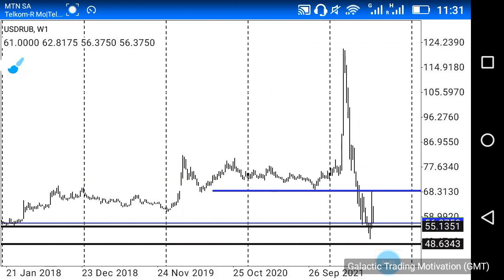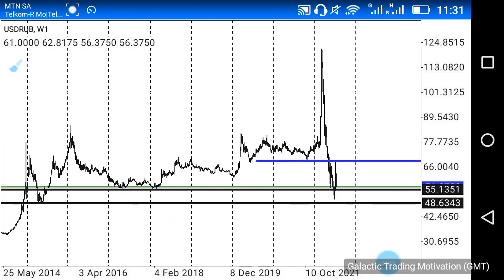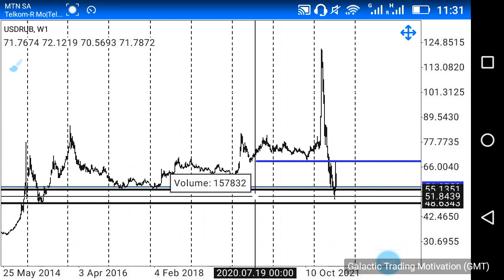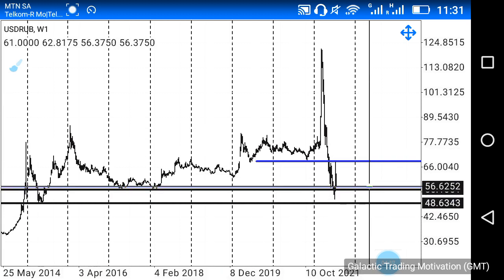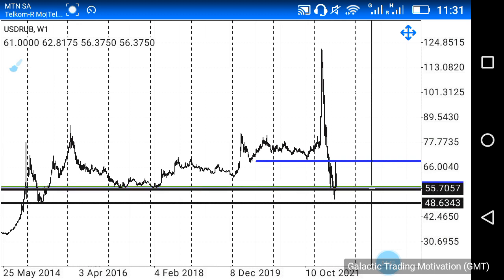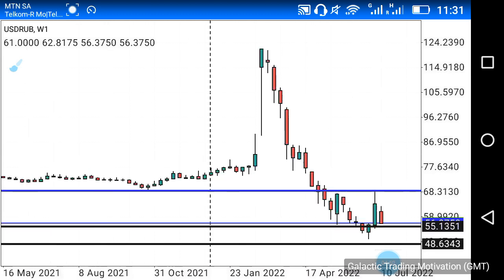Remember, I also mentioned that at this point in time the market is at a very strong level of support, and in fact I said to you guys that the market actually closed below this level of support, and chances are that we may see the market move further down to around this level over here. As much as that's the case, I want you guys to